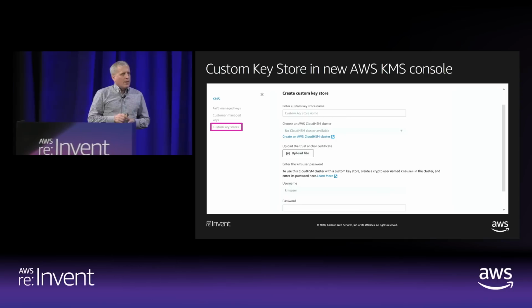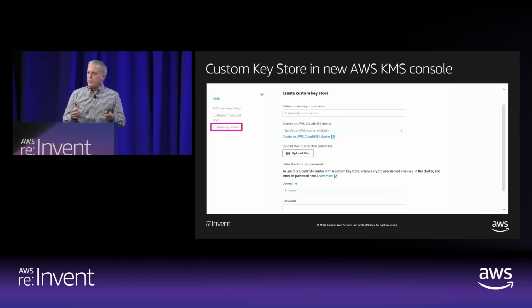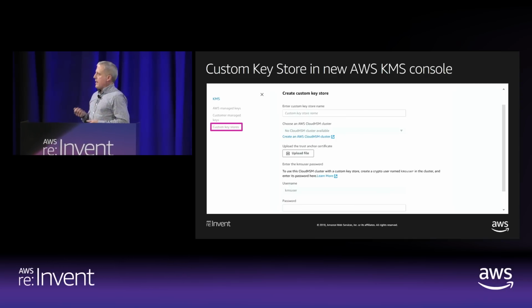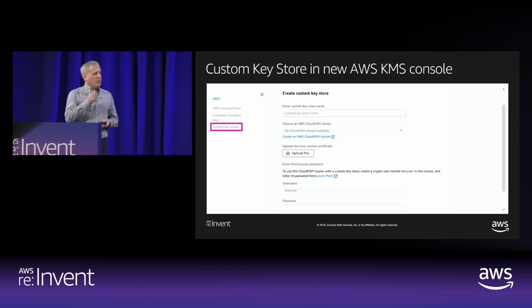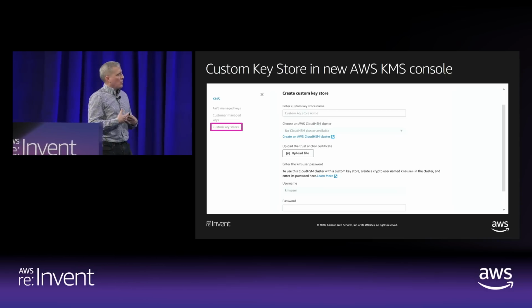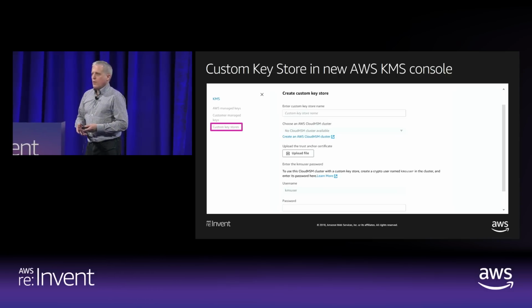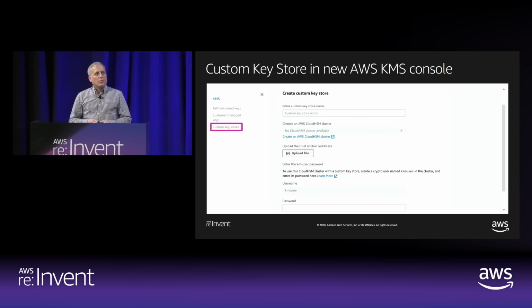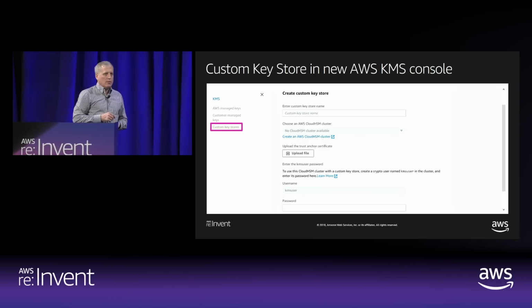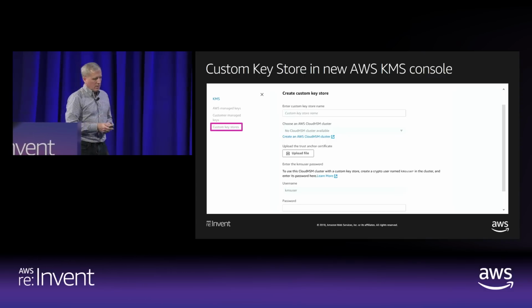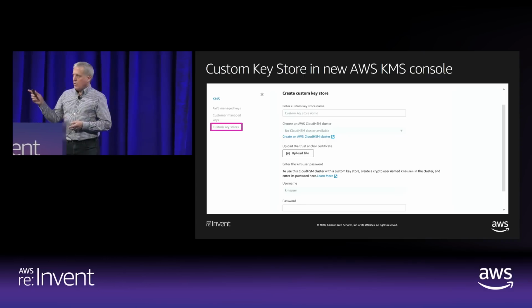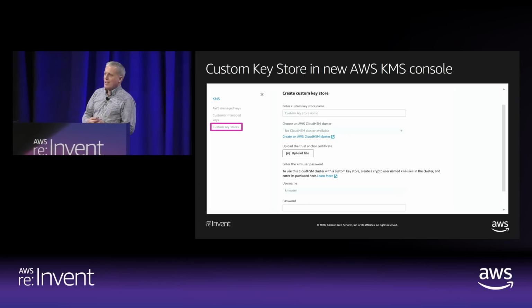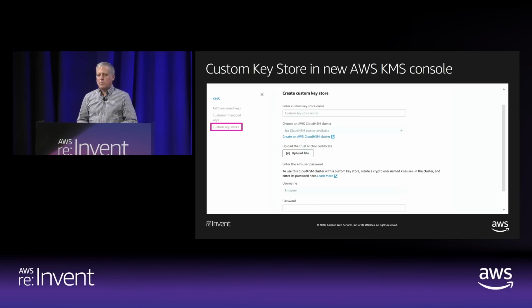So if you think about the various ways in which you can set up keys and manage them, there's what we call native KMS. You just call a create key API. We generate keys for you. No humans have access to those keys, and you control all the access. You can also import key material, so the BYOK feature that we launched a couple years ago, or you can have all your keys stored inside your very own Cloud HSM cluster.